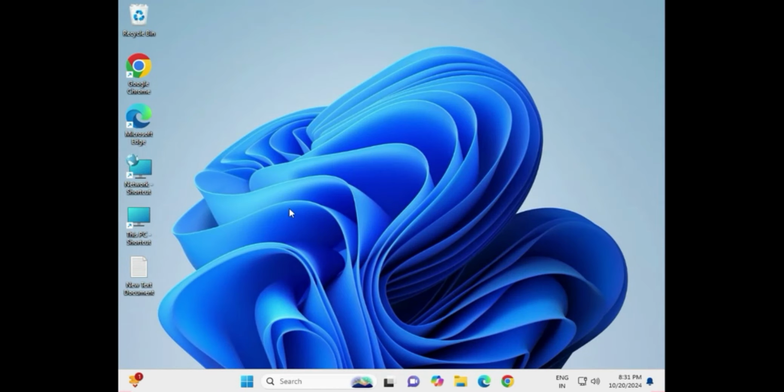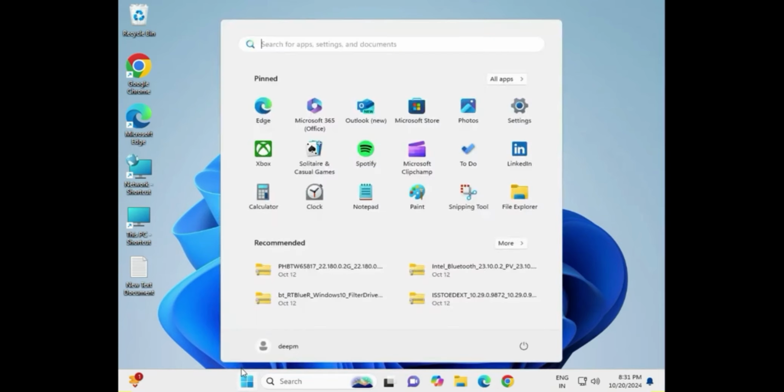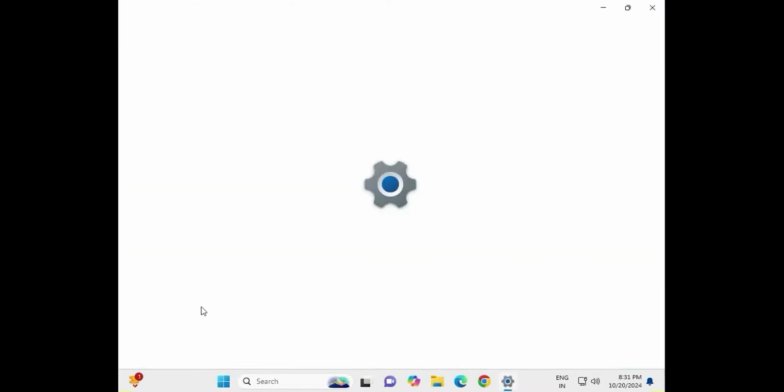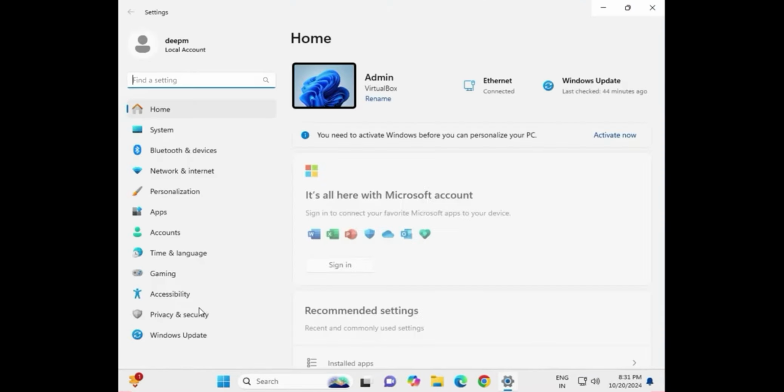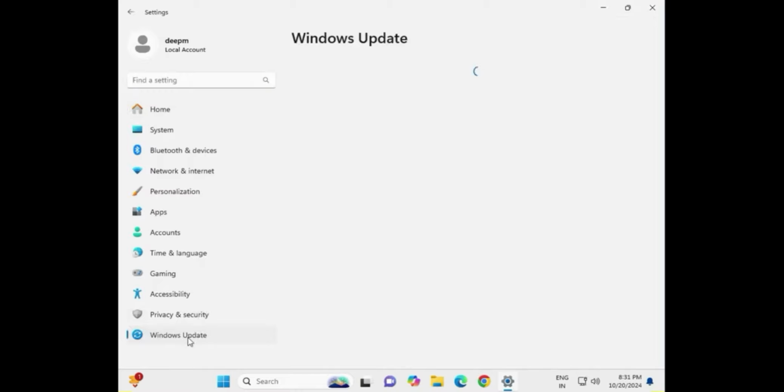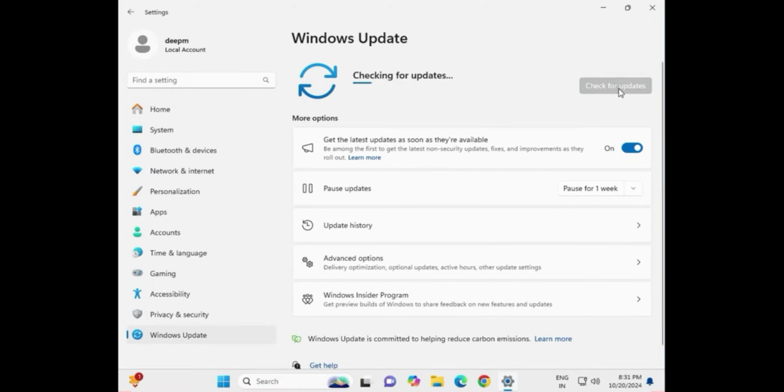complete pending Windows updates. So guys, if you have a pending update, firstly you have to download and install it. Click Start, go to Settings, Windows Update, and click Check for Windows updates. If any KB series updates are showing here, every pending update, you have to first download and install it. Okay, and restart your system, and then follow the other method for the issue you are facing. Next method.